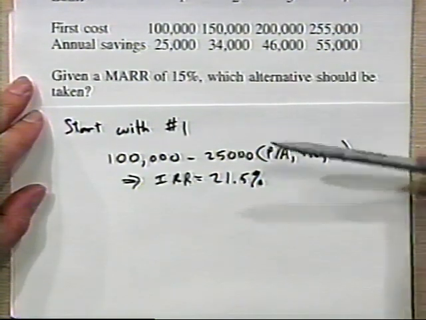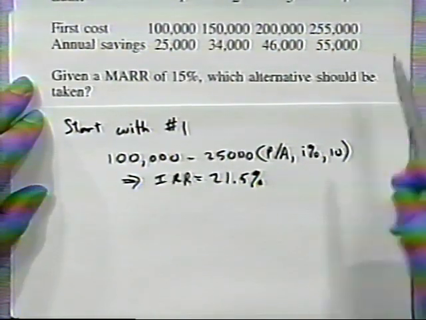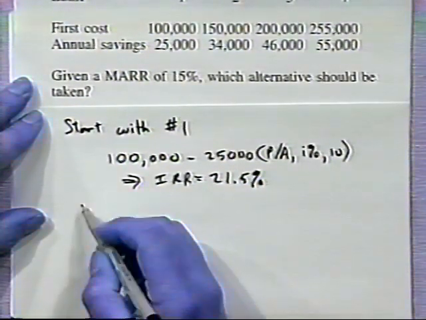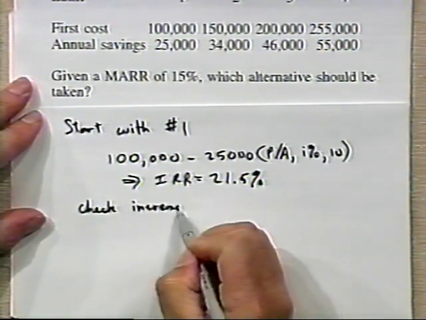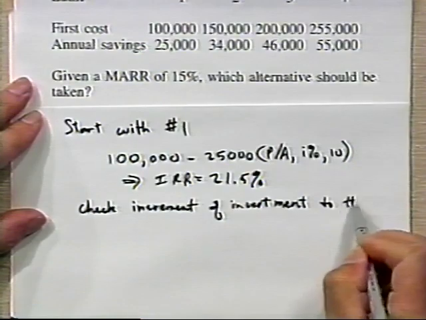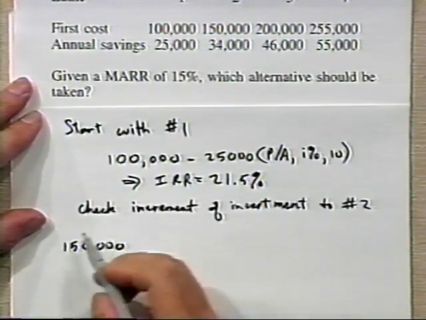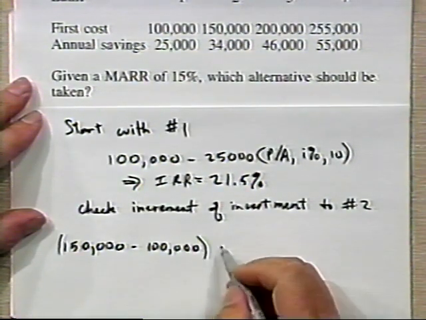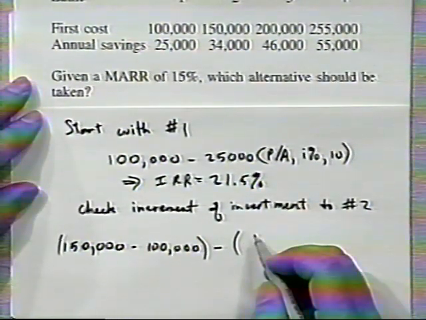We want to compare that now with alternative number 2, the challenger. This is the current best, number 1. The challenger is number 2. To compare with the challenger, we look at the internal rate of return of the difference. So we check the increment of investment to number 2. That increment would be the first cost for number 2 minus the first cost for number 1, minus the present worth of the savings for number 2 minus the present worth of the savings for number 1,